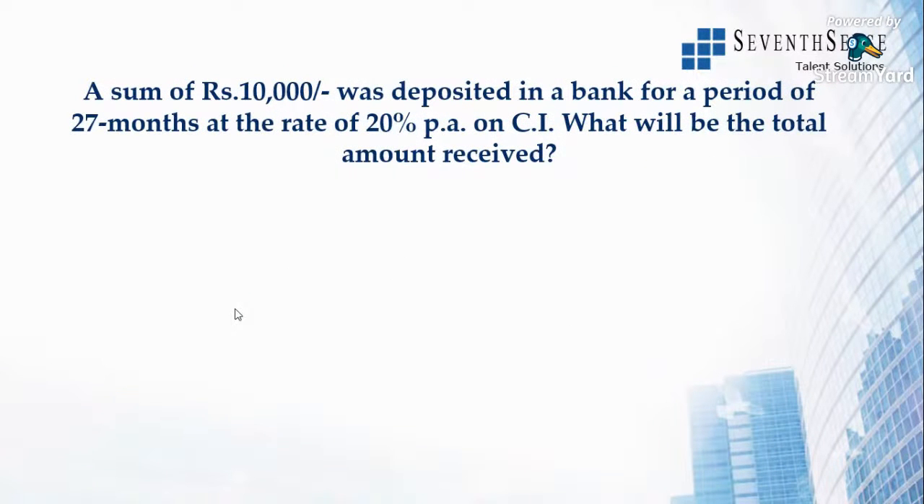A sum of 10,000 rupees was deposited in a bank for a period of 27 months at the rate of 20% per annum on CI. So this is an example of simple interest and compound interest, and especially this question is compound interest. What will be the total amount received? In the formula for compound interest, the amount is equal to compound interest plus